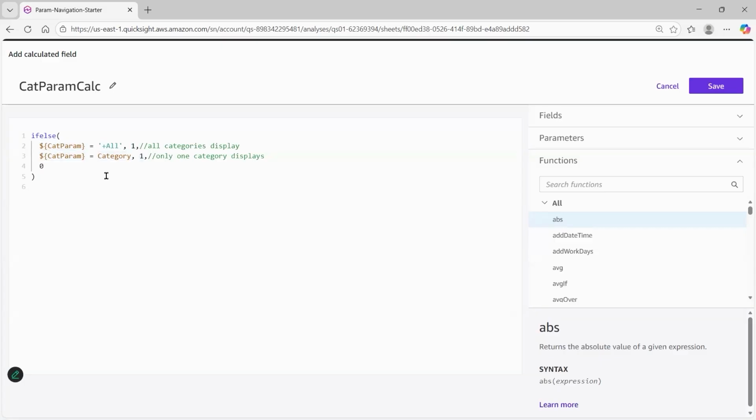On the other hand, let's say that the end user chooses furniture. So cat param equals furniture. Then we're setting a value of 1. But for technology or for office supplies, that is the other categories that we saw listed, those will not be equal to 1. And the way this will look when we build out the rest of the interface is